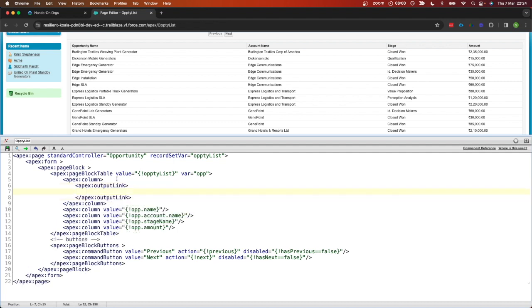And now if you have ever created a link in Gmail or Outlook or maybe in a doc file, you know that you can display some text and then you set a URL behind the text so that the user can click on that text and the user will be redirected to the URL, right? So we want to display the name of the opportunity. So we're gonna write opp.name between the output link, and the value we want to set is the ID, because